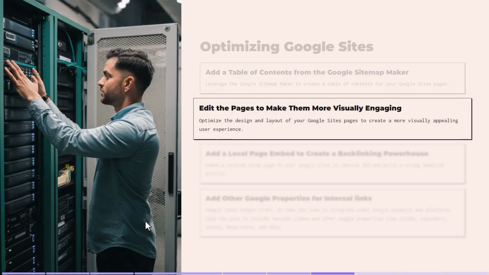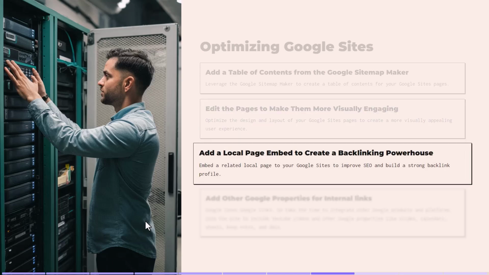Very cool. And then you're going to edit pages to make them more visually engaging. Now, the way that Google Sites imports images from the Google Drive, it puts them all, I would say, in a small format. So you can change this very easily. They've got pull toggles on all the images, on all the embeds and everything. It does take probably 2 to 3 minutes per post to do it, but I think you're going to get better results if it is visually engaging.